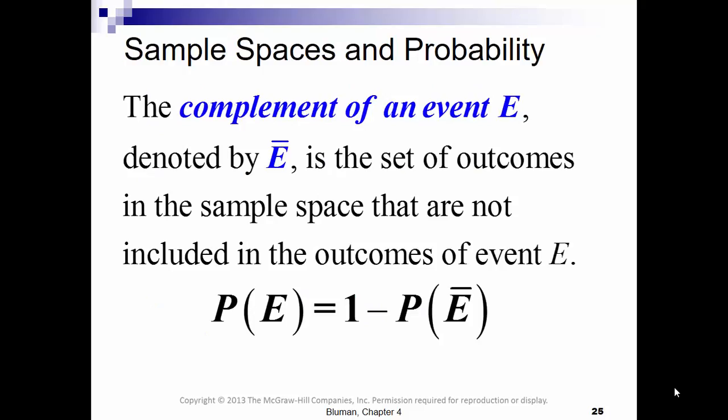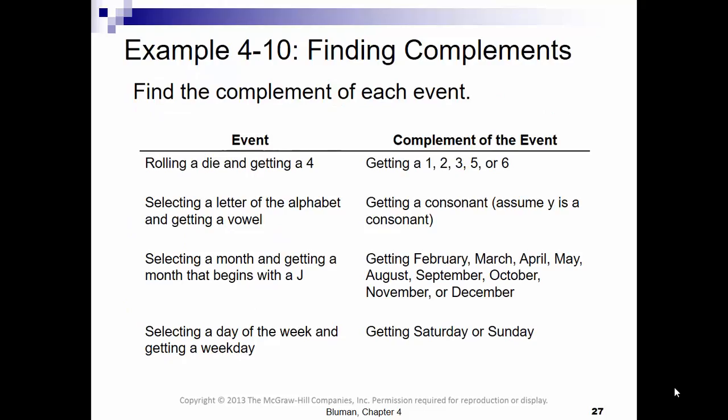Again, some more examples. We talked about the complement of an event, which is the likelihood that it doesn't happen. Since the total is 1, then 1 minus the likelihood that it happens is the complement that it doesn't happen, or 1 minus the complement will give you the probability of the event itself. Okay, we went over these,